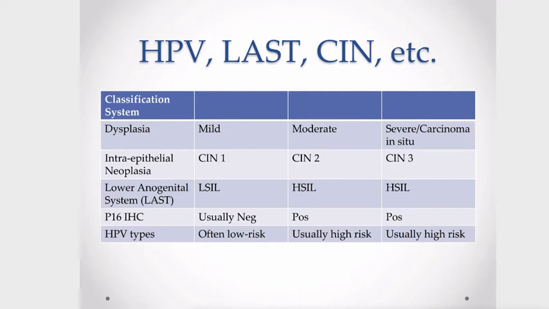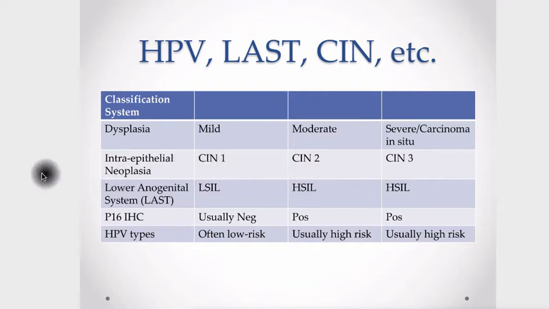So we have several parallel systems of nomenclature in place. There is the dysplasia term, that has been around for quite a time, since the era of Papanicolaou. And that's generally grouped into three groups, although originally the severe dysplasia and carcinoma in situ terms were separate. We also have the intraepithelial neoplasia modification, also known as the CIN groupings, which corresponds to CIN 1, 2, and